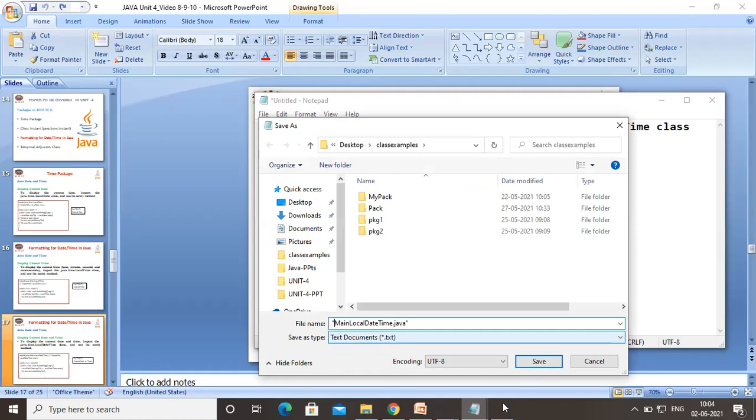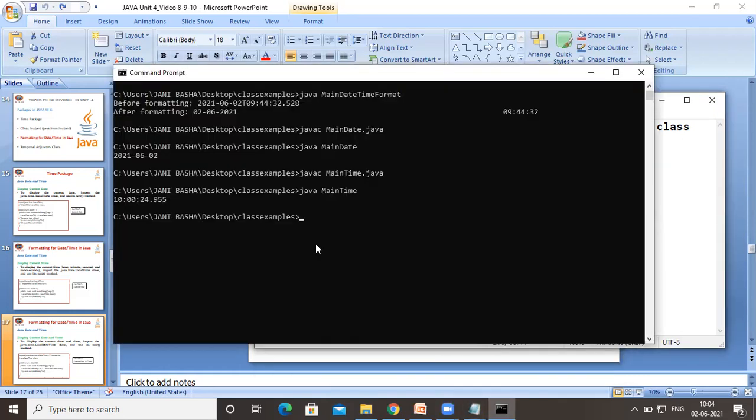We have saved successfully and I'll compile this now. javac MainLocalDateTime.java. When I click enter, it will show you the errors if it has any.